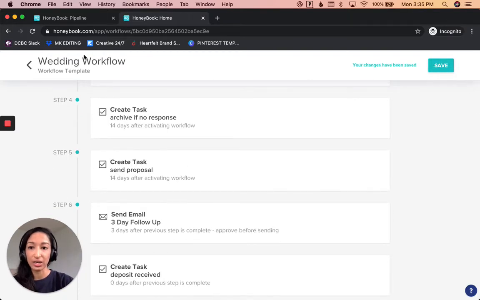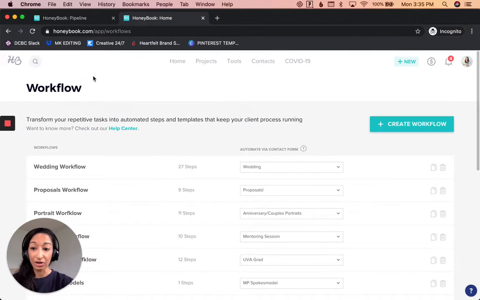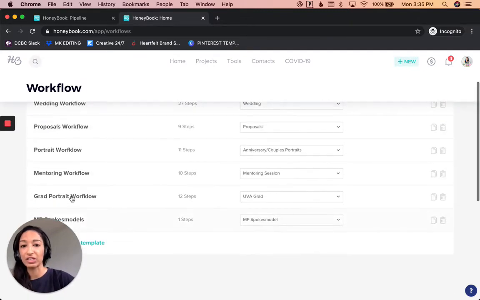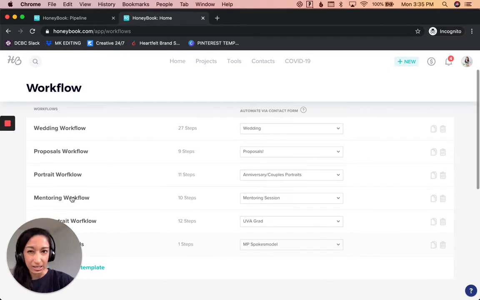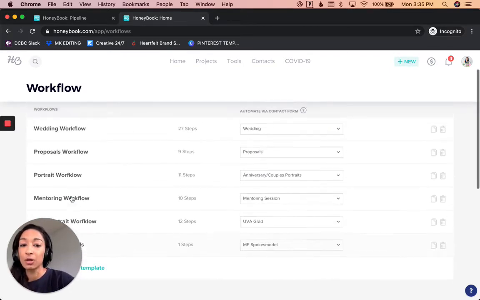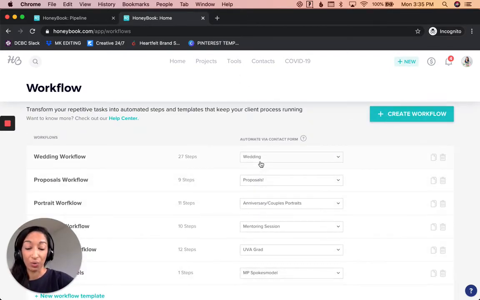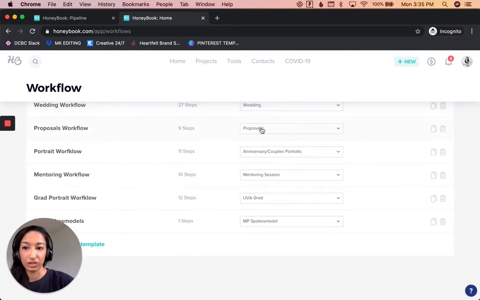I also have a separate Trello checklist that I'll use on the back end to make sure that I don't forget anything else that's super nitty gritty that might not be tied to the project date, if that kind of makes sense. But that's a little bit of how workflows work. I have ones for different types of shoots that I do. And so if you go in,